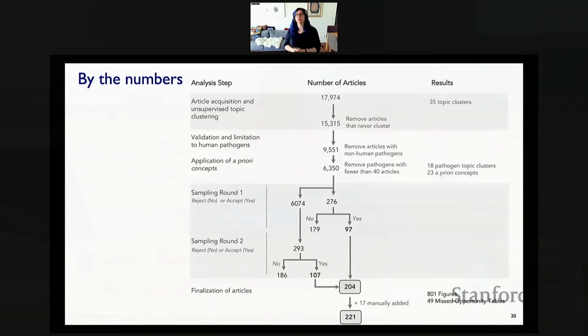So just to click by the numbers, I'm not going to walk through all these numbers, but I want to point out, why do we have to be systematic? It's because when you start out and you do a literature search on PubMed, you get 18,000 articles, and you're not going to open code all of those. So after we did the clustering and removed articles that didn't fit into clusters, and then we removed the articles without the human pathogens, and then removed very small topics, we ended up with a total of 18